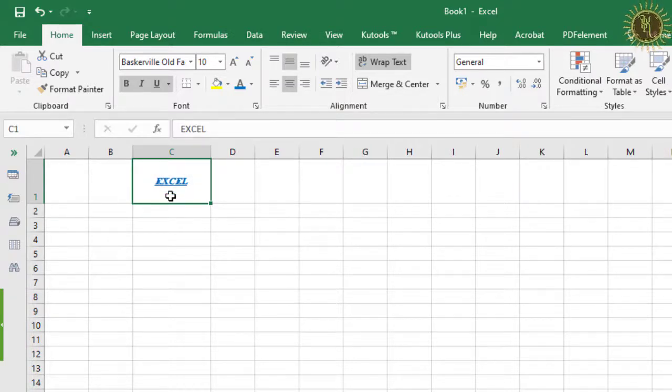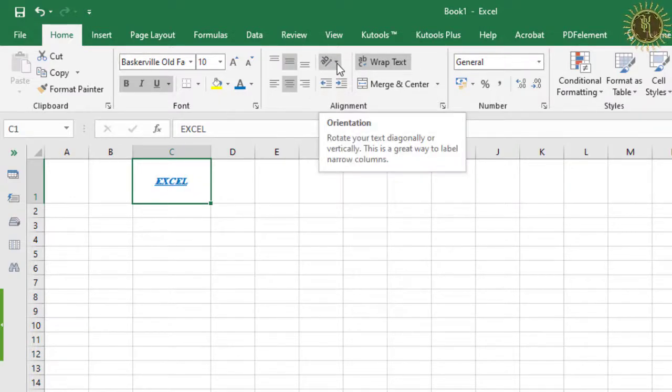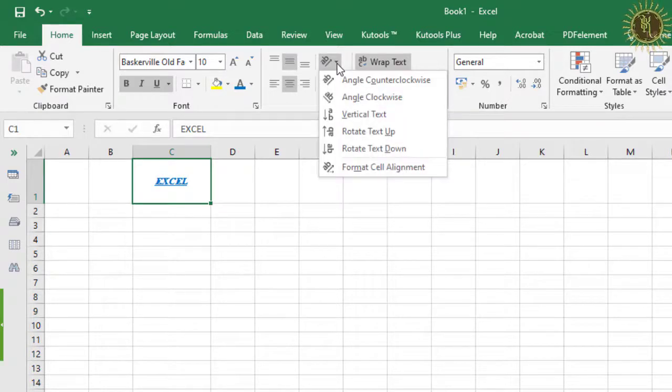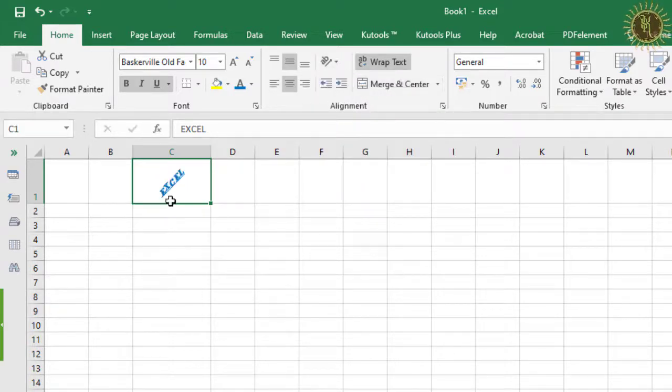Next point is orientation. In this orientation you can change the direction of any text that you have selected. To change the direction of the selected cells, go to this orientation drop down and you can select any of these options. First is angle counterclockwise, so like this the text direction will be changed.